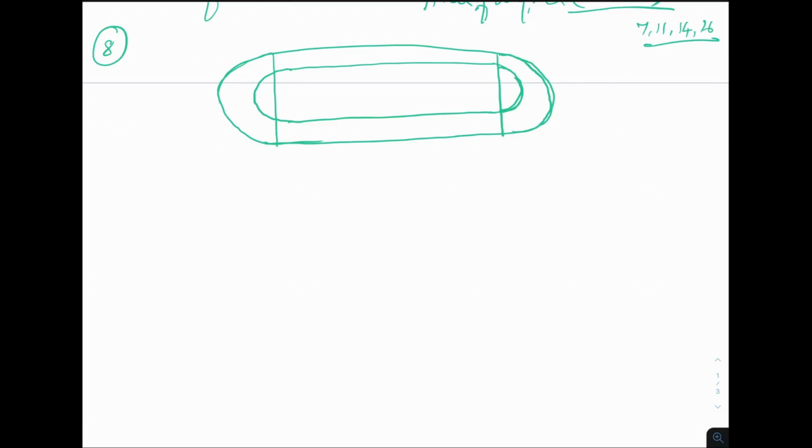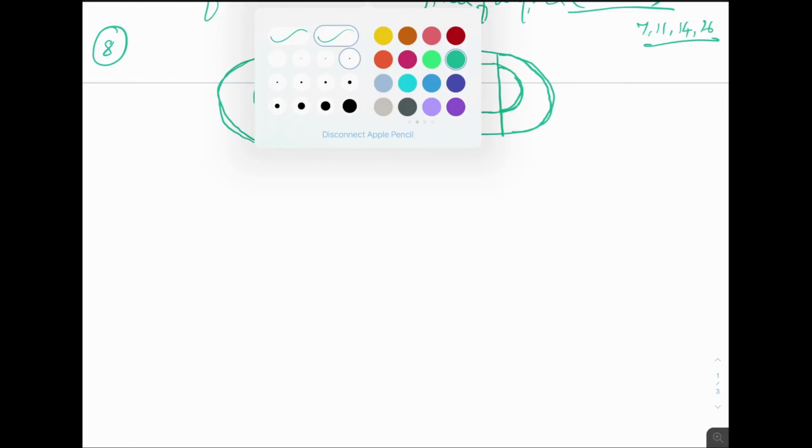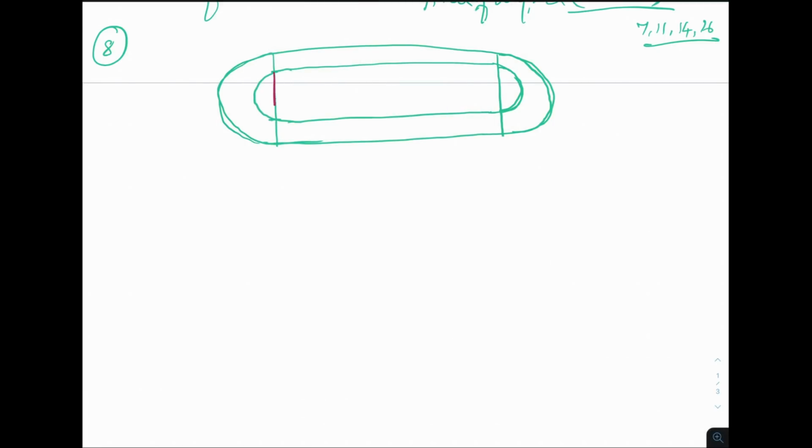So this is a semicircle they have given, and then the distance between the two inner parallel lines. This is the inner parallel line, so you should know the difference. These two will obviously be parallel. The distance between these two inner parallel lines will be 60 meter, and each is 106 meter long. The distance between these two tracks is 60 meter, and the length of the track is 106 meter.